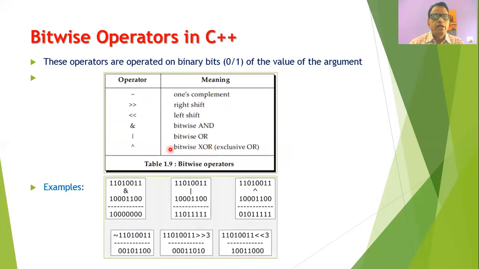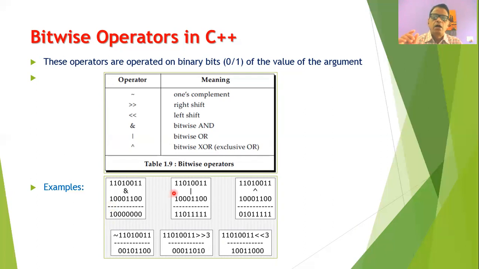Now, these are examples where we can use the different bitwise operators. Say, for example, these are 2 numbers represented in binary form. If I perform bitwise AND, then 1 and 0 will return 0, 1 and 0 will return 0, 0 and 1 return 0, 0 and 1 will return 0, 0 and 0 will return 0, then 1 and 0 will return 0, and only 1 and 1 will return 1. Similarly, this is the example of bitwise OR.